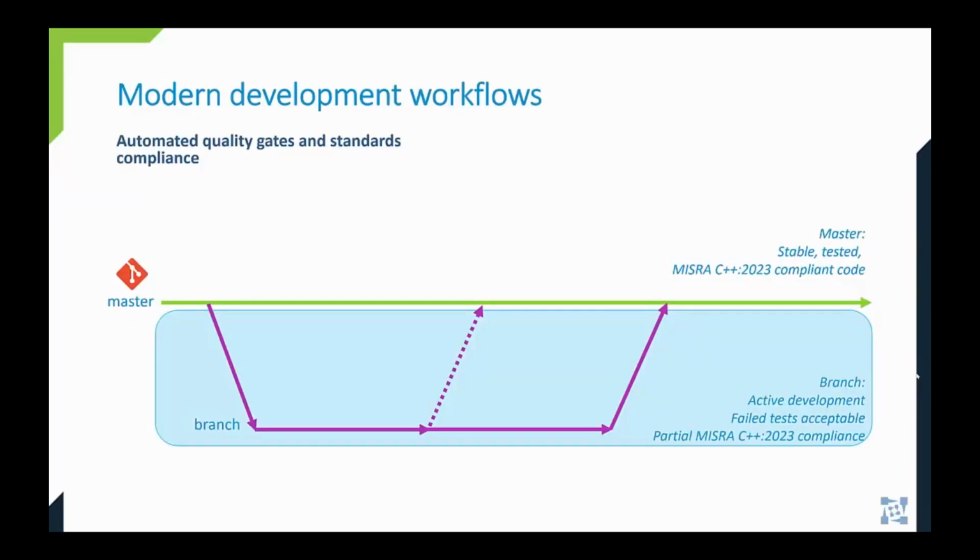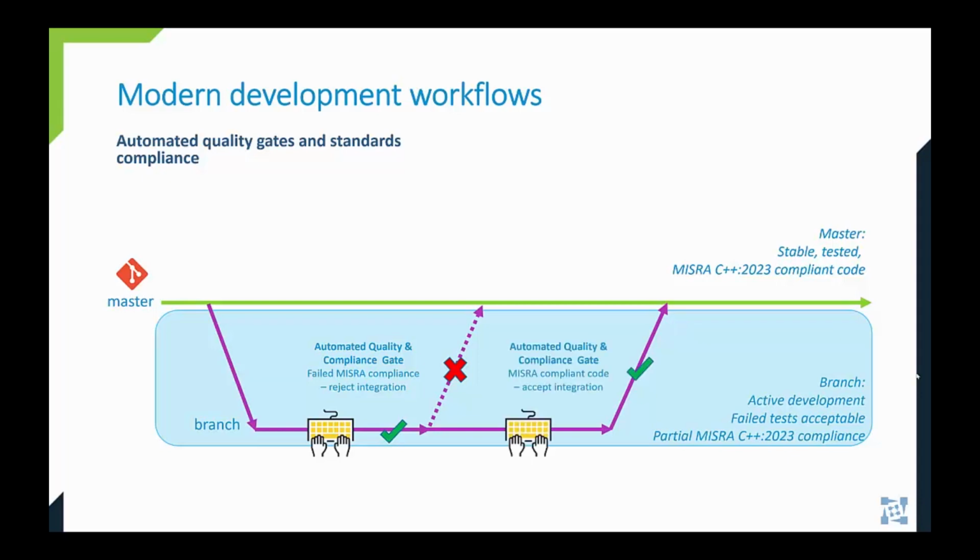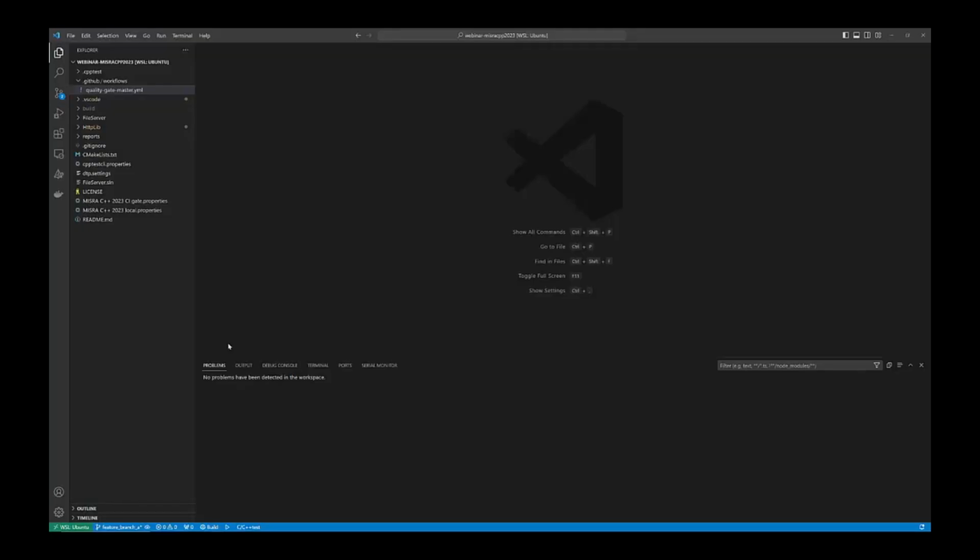During the demonstration, we'll go through the following steps: creating some new code in a feature branch, running a quick pre-commit static analysis session focused on the most obvious problems, creating a pull request in GitHub, which will trigger a pipeline with MISRA quality gate, and updating the code to meet the pull request's quality gate requirements. So let's switch to the development workstation.